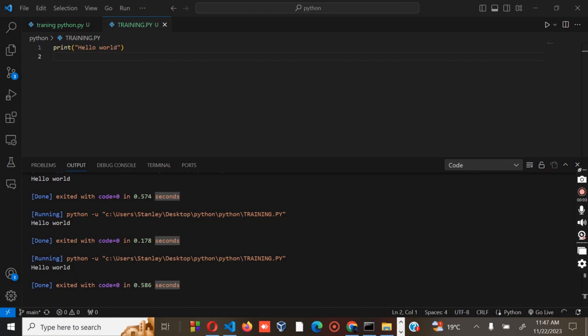Having written our first program, the next step is to come up with a comment. In Python, for the commenting capability, we usually use the hash. This hash will enable us to comment, and the comment is never executed. It's just for the purpose of in-code documentation.